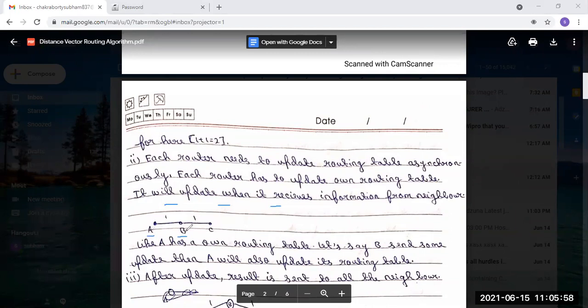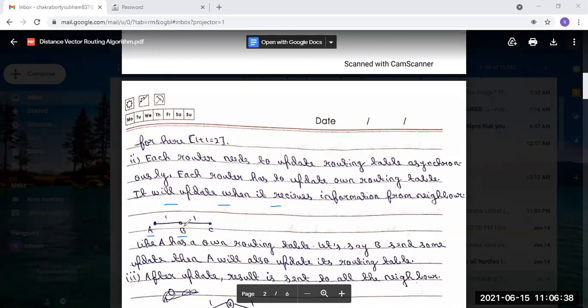Let's say B sends some update to A. Then A will update its own routing table, because B has sent some update to A. If B sends some update to C, then C will also update its own routing table. We are considering A is a router, B is a router, and C is a router.